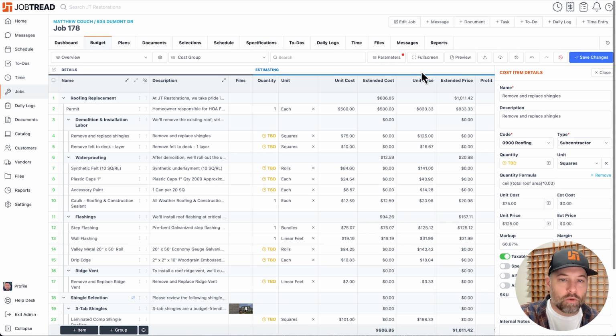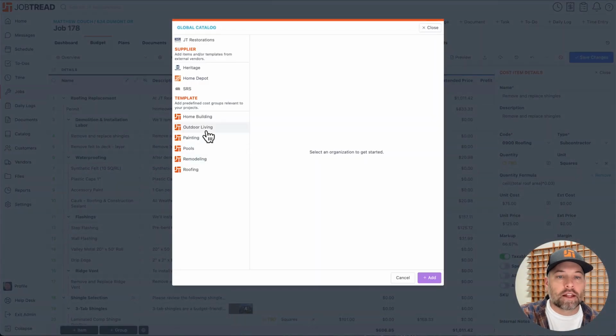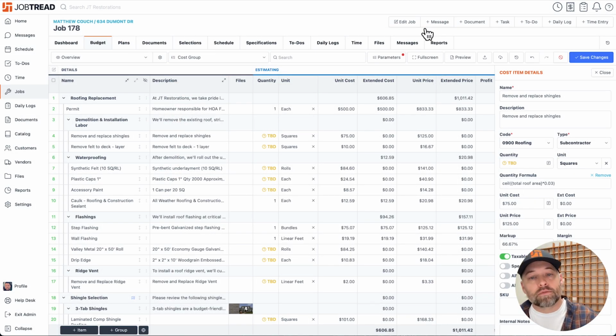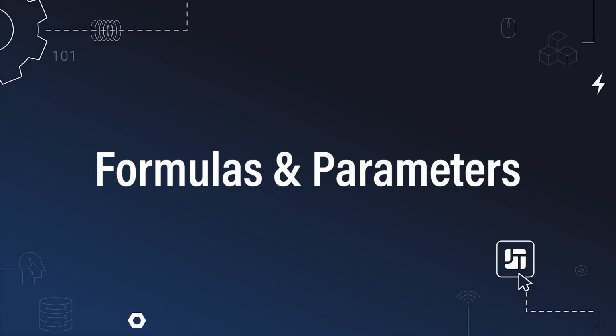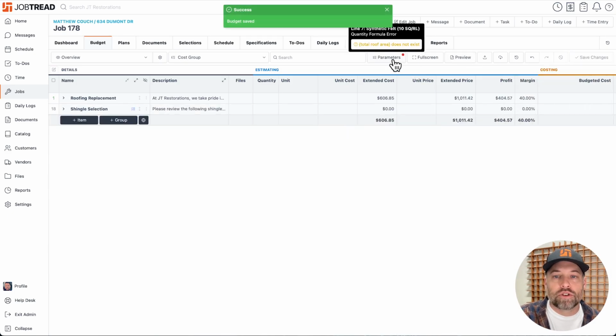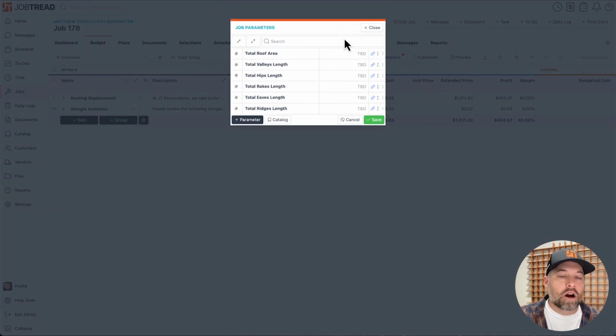So don't be overwhelmed by this. We have some templates here in the global catalog that can help get you started. You can see we have a roofing category right here ready to go, but these are effectively reading from the measurements, aka parameters of the project. So I'm going to save just to kind of lock this in, but I want to show you this parameter list. We've set up a couple basic measurements here, and I could manually type these in, but the coolest part